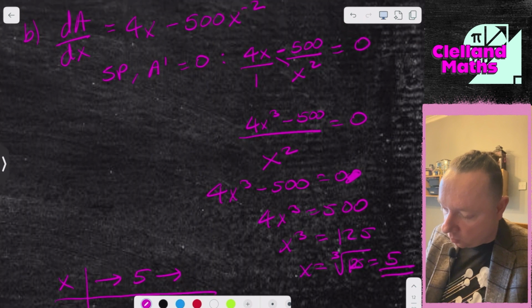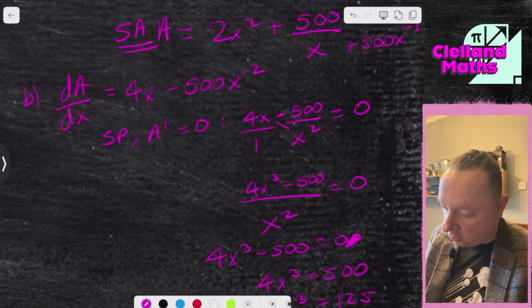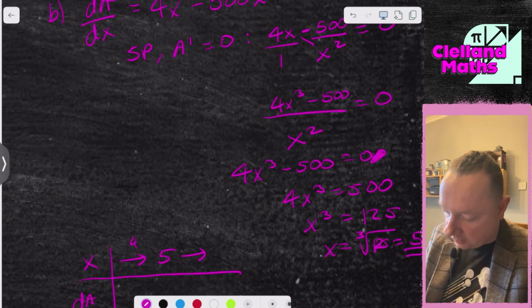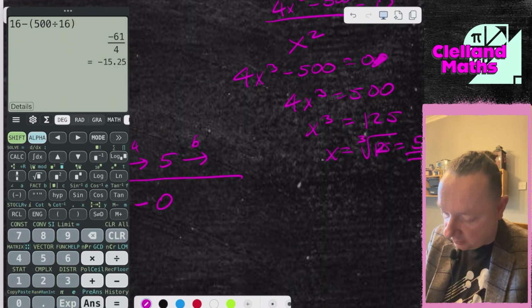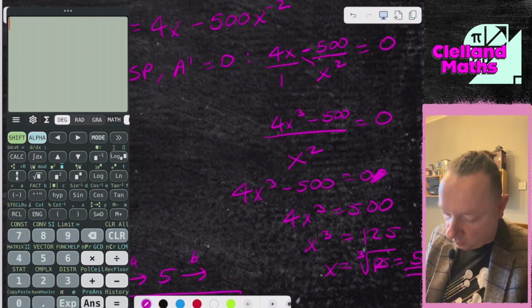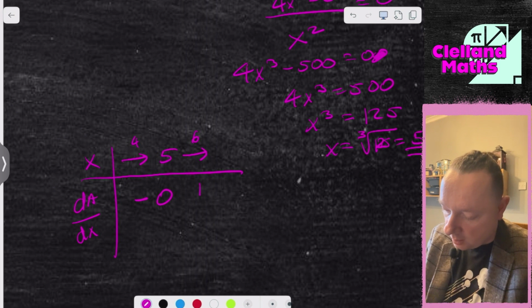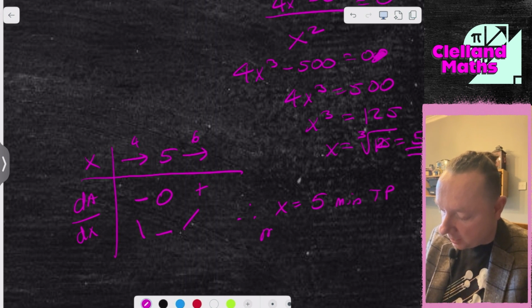So dA by dx, remember, was 4x minus 500 over x squared. So let's just pick 4 and 6. Well, 4 fours is 16 minus 500 over 16, 4 squared. That's still minus anyway, but just to be on the safe side. And then putting 6 in, we've got 4 sixes is 24 minus 500 over 6 sixes is 36. We can see that's positive. So there's our shape, and therefore x equals 5 is a min TP, so it minimizes